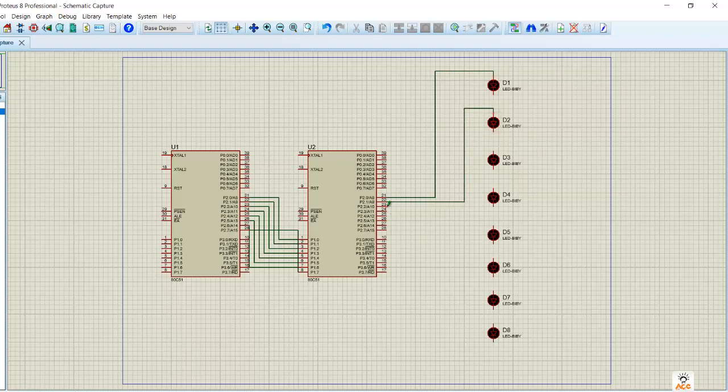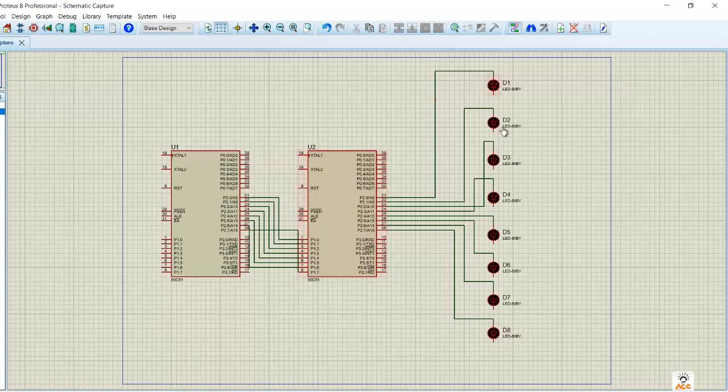The second one, then from here to the third LED. Just make sure that the lines are properly connected. So total LEDs we have are 8 in number. And this to the last one.